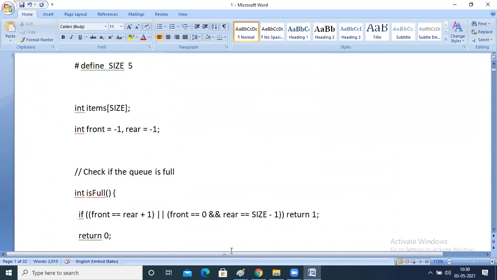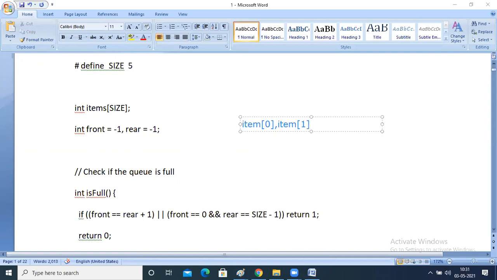Is full: when it is full, if front is equal to rear plus 1, or front is equal to 0 and rear is equal to size -1. He is considering the array from 0, as you can see here: items of 0, items of 1. So for example, size is equal to 5.